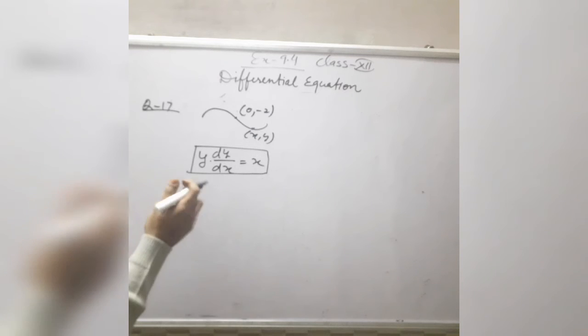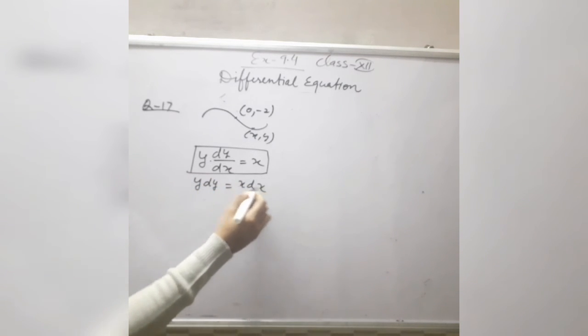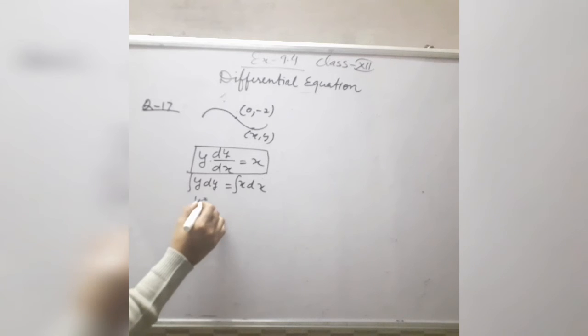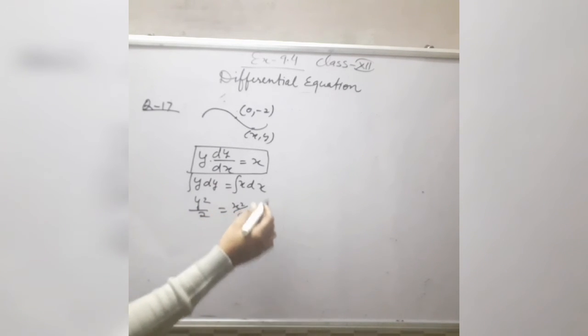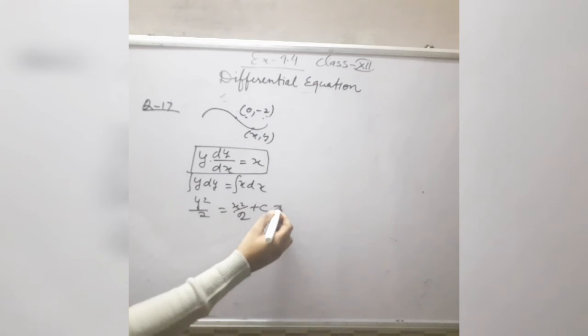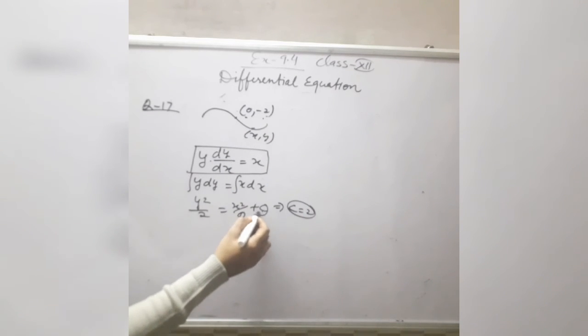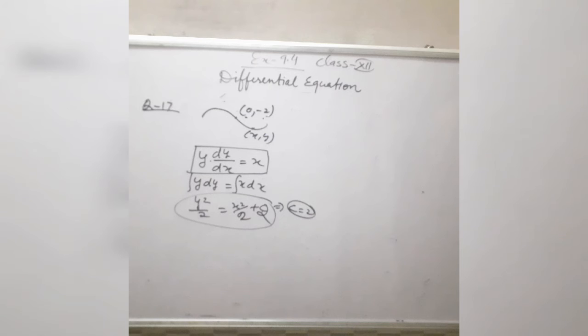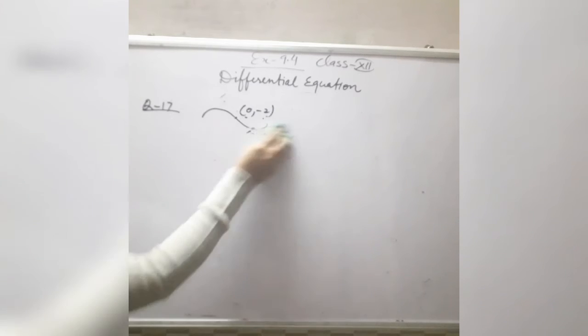So it's a very simple differential equation. It can be written as y into dy equals x into dx, taking integration on both sides. y square by 2 is equal to x square by 2 plus c. Now with the help of these conditions, you will get the value of the constant term c equal to 2, and if you put c equal to 2 here, then it becomes a particular solution. So in question number 17, the statement is big but the solution is very simple. Now see question number 18.